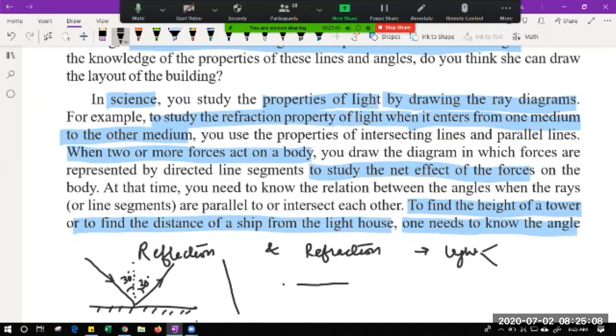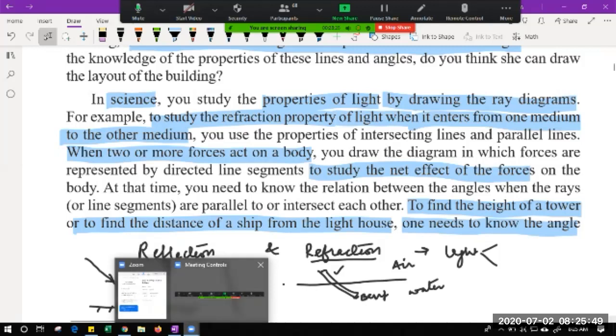Similarly in refraction, what we do is, suppose this is water and this is air. You have seen when you put a pencil inside this surface, what happens? The above surface is okay, which is in air, but the surface in water is a little bit bent. Why is it bent? Because of refraction. The lines are bending when they are coming from water. So this bending phenomenon, this light phenomenon, you are going to understand only with the help of these concepts of lines and angles. I hope you are getting the usage of these things in our daily life.